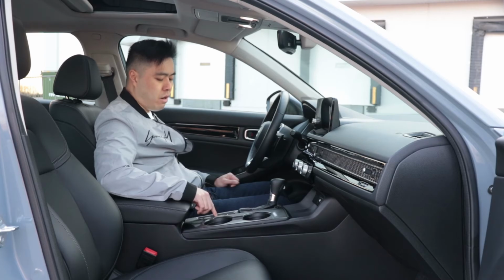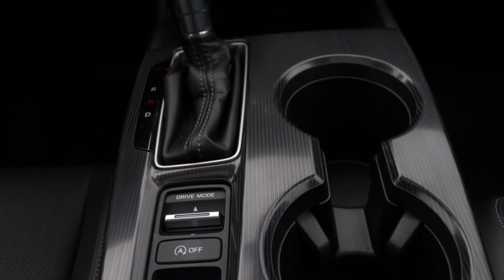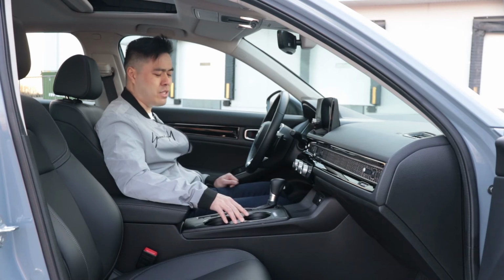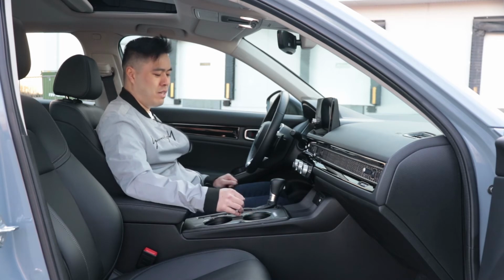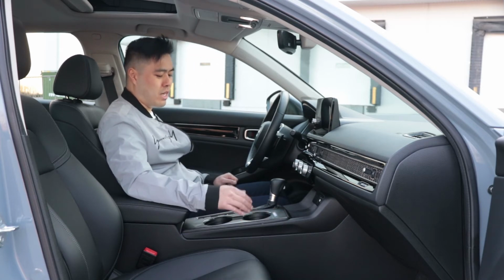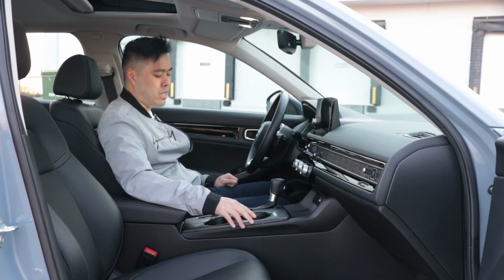A button here to turn off and on engine start stop, as well as an electronic park brake switch. Now Honda has also used this kind of zigzaggy hard plastic panel here, which is good because a lot of manufacturers tend to use a lacquered finish, which is very easy to scratch and very prone to fingerprints. So it's a minor detail that I really appreciate, that Honda has used a different material of choice, a more hardened plastic, to avoid these cosmetic problems that we see a lot in